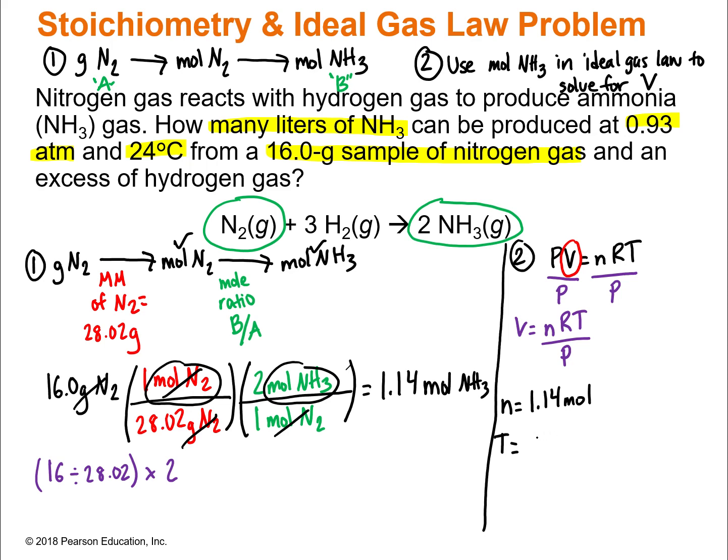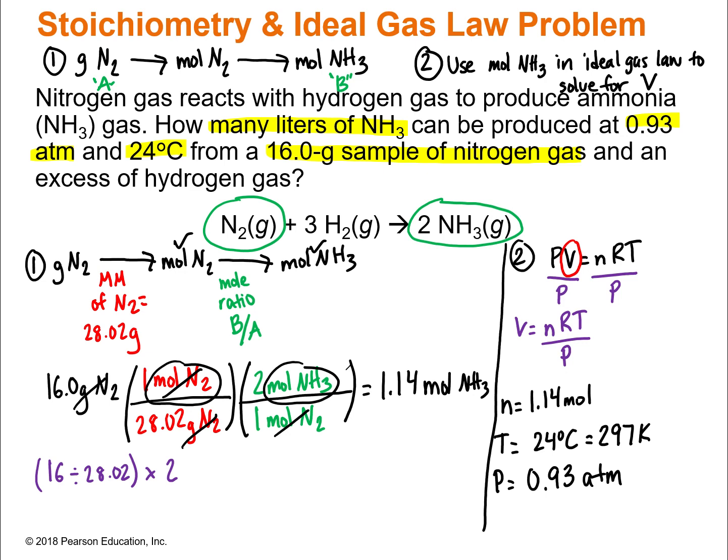The temperature is 24 degrees Celsius, which you need to add 273 to get the temperature in Kelvin. The pressure, we're told, is 0.93 atmospheres. If this was given to you in anything other than atmospheres, you need to convert to atmospheres. So if I gave you millimeters of mercury, you'd have to convert to atmospheres first, and then use the ideal